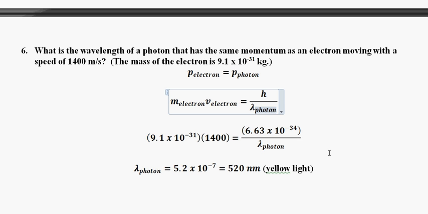Okay, here's some more problems for you. Sample problems worked out just like the kind that will be on the test. What is the wavelength of a photon that has the same momentum as an electron moving with a speed of